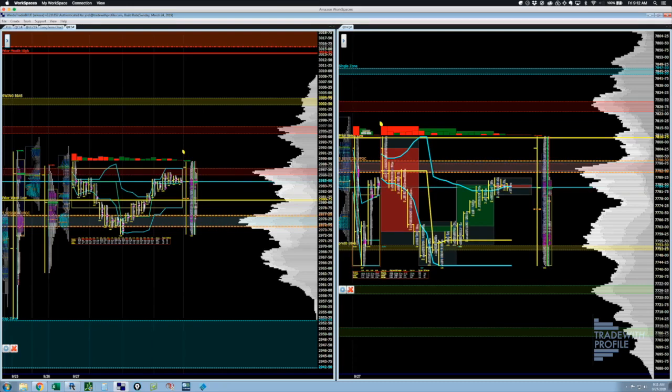Now, if you want to just see the cum delta, not the bars, there's a way of doing it. I don't know that. You'd probably have to reach out to Sierra or look at their help center. Unfortunately, you just can't put a cum delta on there. You have to put it with the bars, and that'll change per time frame, whether you do a 2 minute, 5 minute, whatever the case may be.